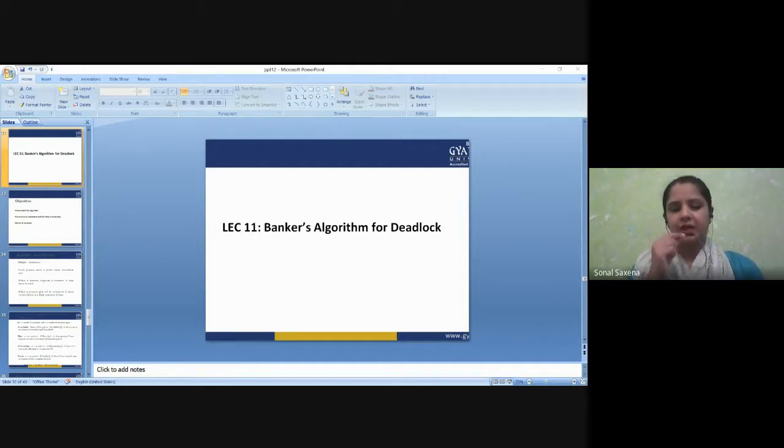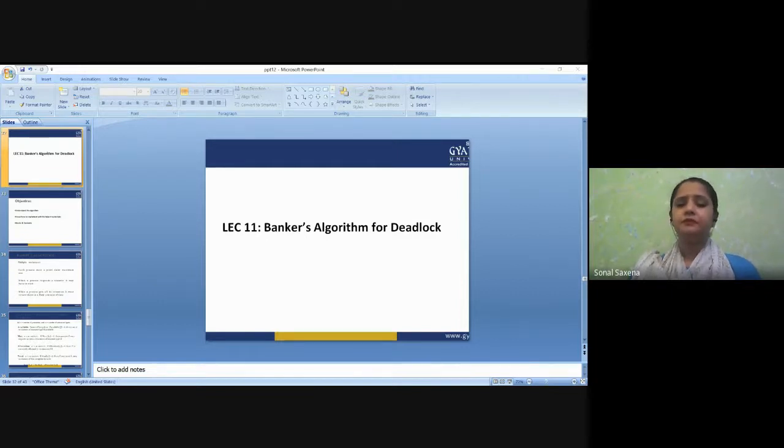Hello everyone. So today I'm back with lecture number 11 of operating system, where today we are going to see what is Banker's algorithm. If you remember, in lecture number 10, the previous lecture, we covered one of the major issues that an operating system can face, which is called deadlocks. I'm just going to give you a quick recap of the concept of deadlock, because in today's lecture, the algorithm that we are going to see is one of the techniques which can be used for deadlock avoidance and